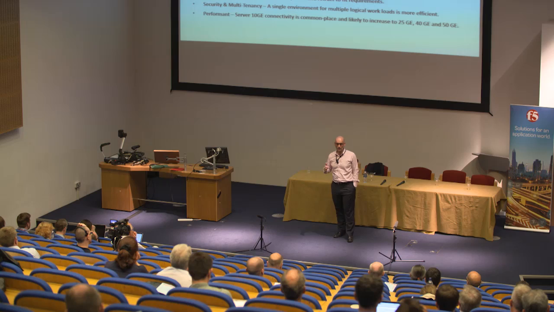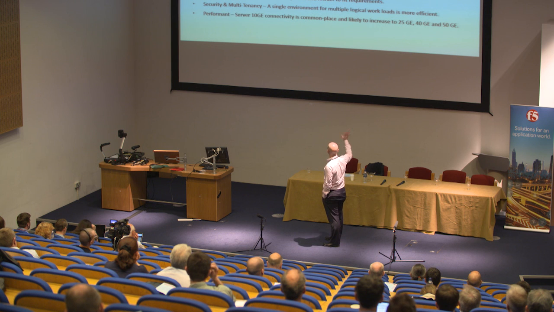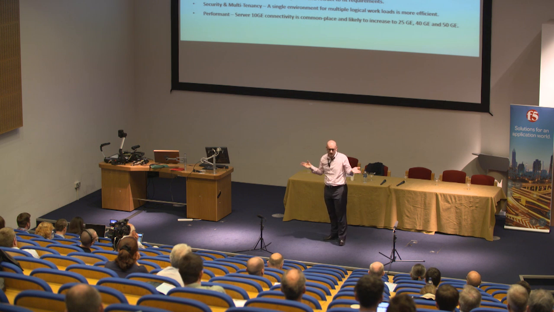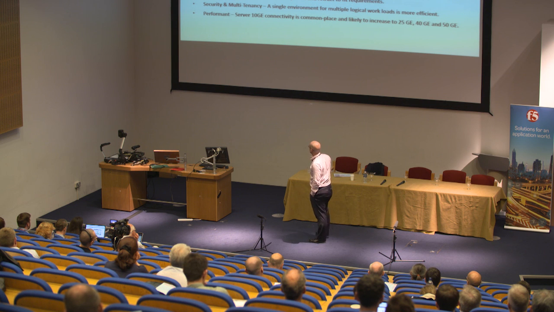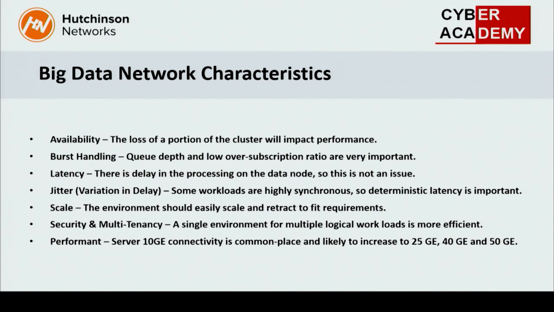So where you've got highly synchronous workloads, where you're expecting all your data nodes, your 100 data nodes across that big data set that I mentioned earlier, to process the data at the same time, then if it's getting there at a different time, that can be an issue, because sometimes jitter can be up to 2-3 seconds if you've really got a slow link and very oversubscribed. But again, depending on the sources that you look at, some people think this is important. In some cases, it hasn't been too much of an issue. But latency, definitely, I don't think we need to worry about.